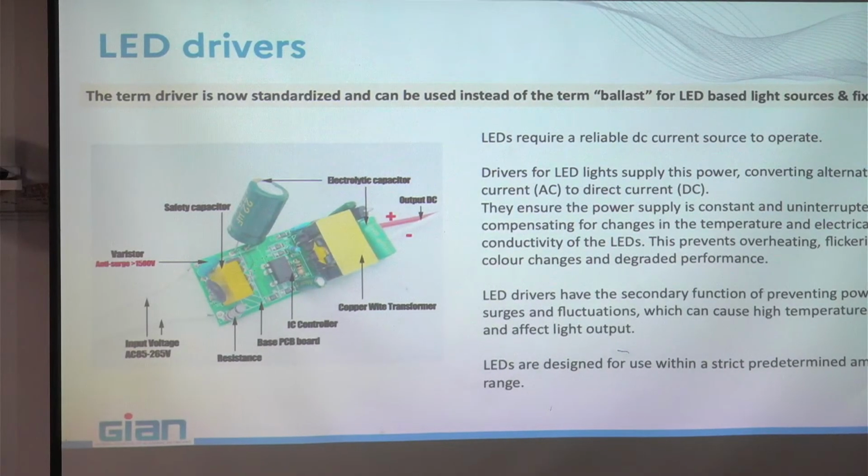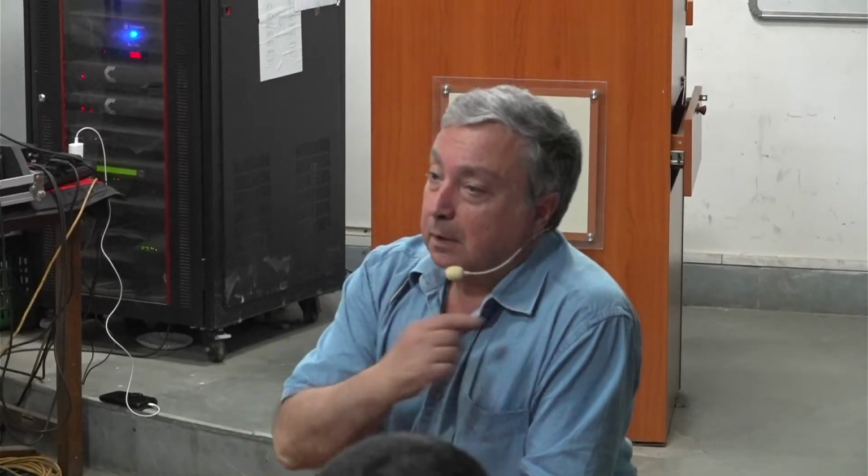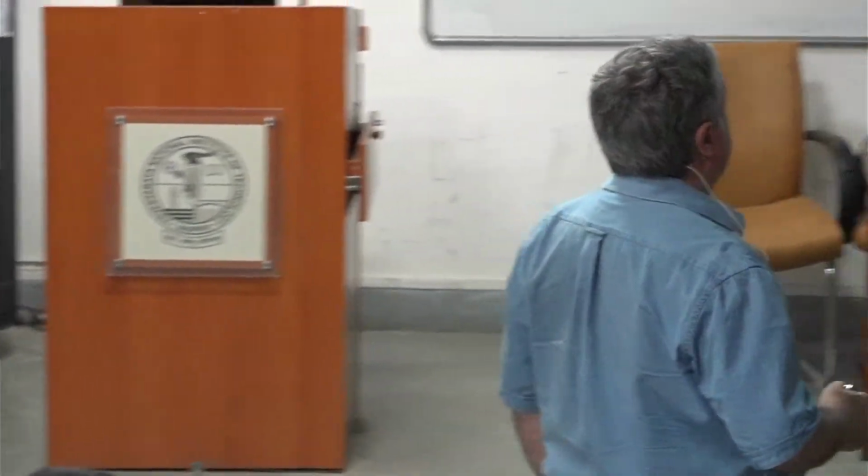We can then ask what is the effect of non-perfect DC current for LEDs. If you have not very well filtered DC, you have a flicker, and the flicker here is much more noticeable because the LED is just a diode and can follow quasi-instantaneously any variation of the current. With a discharge lamp, you have thermal effects and somehow very rapid variations you cannot see.